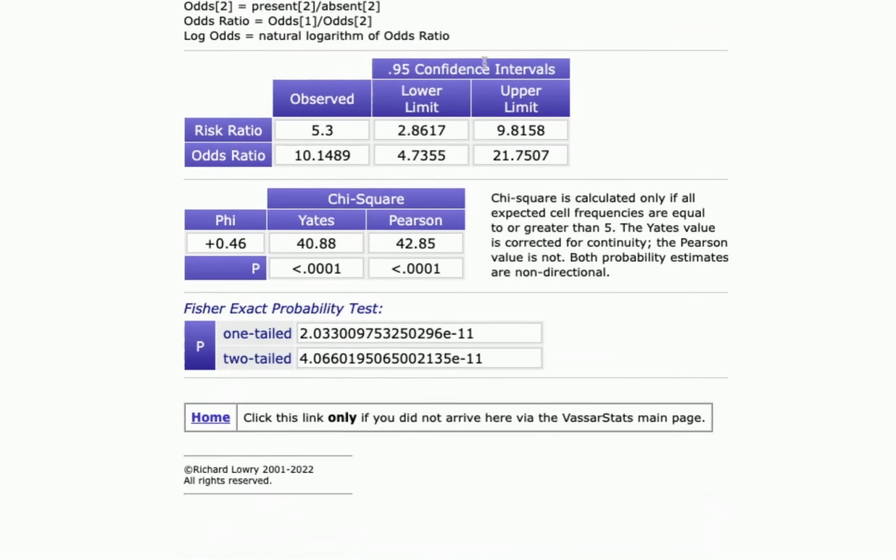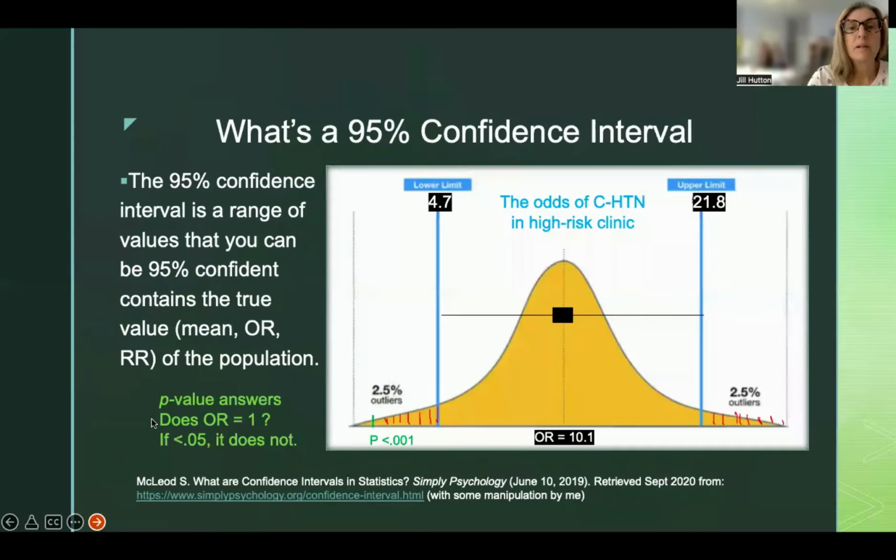Next, we're going to get into confidence intervals of the risk ratio and the odds ratio, which it gives here. And as well, we're going to talk a little bit about what the p-value means. Okay, so what is a 95th percentile confidence interval? If you look up the definition of this, there are multiple different ways to look at it, but this is one that I like. The 95th percentile confidence interval is a range of values you can be 95% confident contains the true value, whatever that is, the mean, the odds ratio, the relative risk